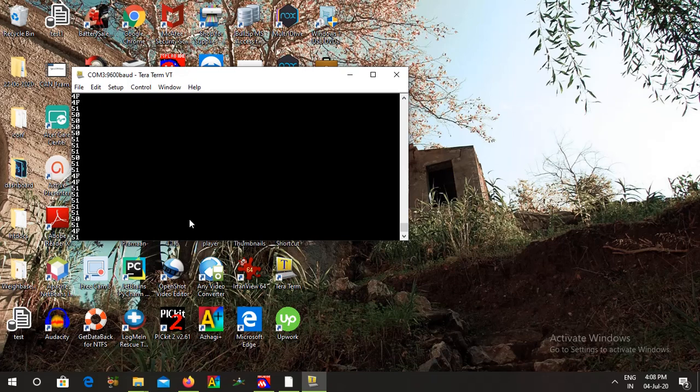Okay, so I am changing my input voltage now. When I change the input voltage, automatically the value is increased. 63, 77, it can go up to FF. So okay, we reached the maximum value.